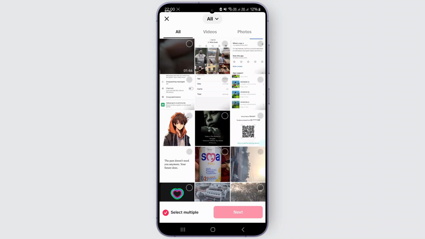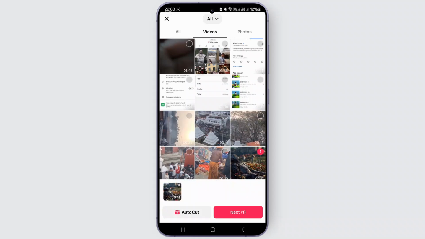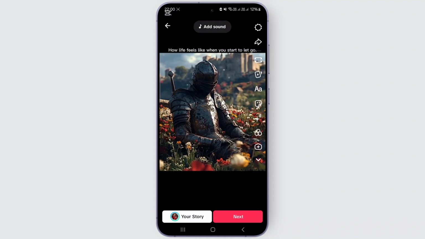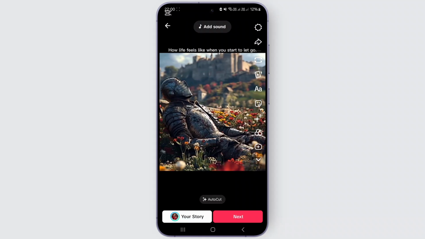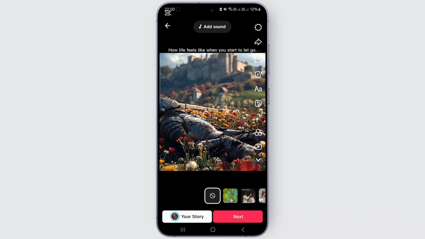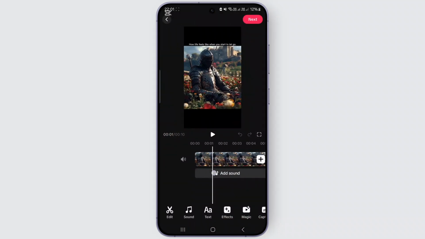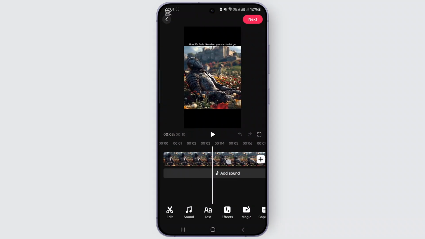So simply tap on this photo option and just head over to your videos section. So let me select any random video just like this and click on next. You can also auto edit it by simply clicking on this auto cut feature over here just like this, or you can just customize it by simply clicking on this video editing tool of TikTok officially and edit, trim, or